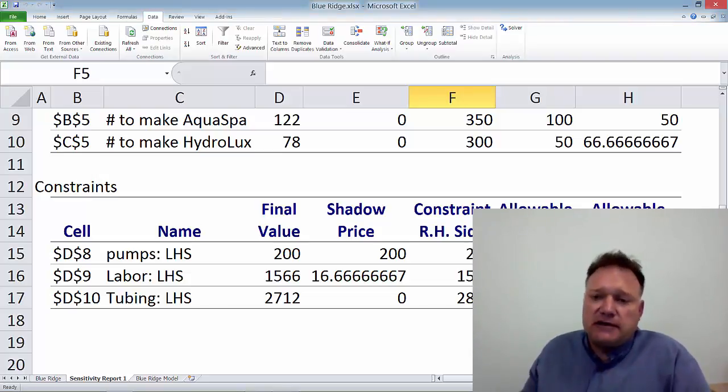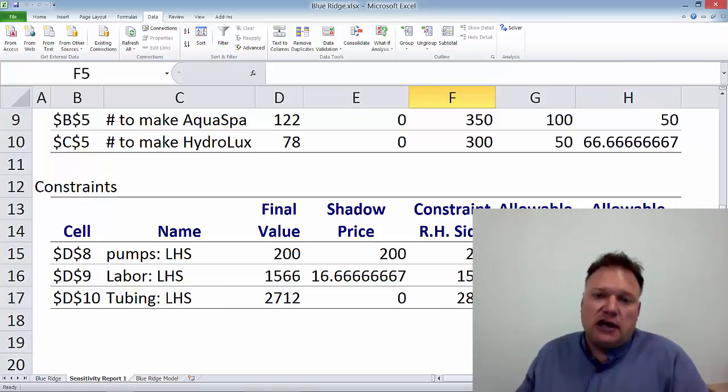I can increase my supply of tubing, fill the whole shop with extra tubing, and I will not be able to make one single more hot tub because I didn't even use what I had to begin with anyway. So what good is it going to do? It will not increase my profit at all. Now, I can reduce the amount of tubing I have by 168 without changing my profit at all. The change in profit will remain 0 until I go below 168 feet of tubing,